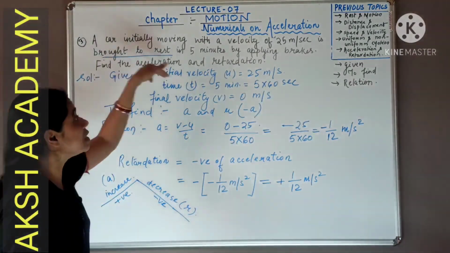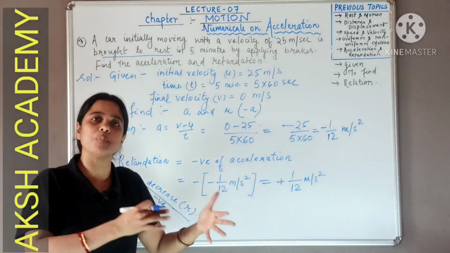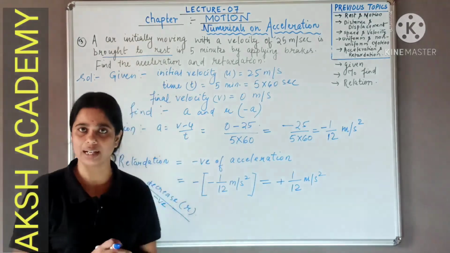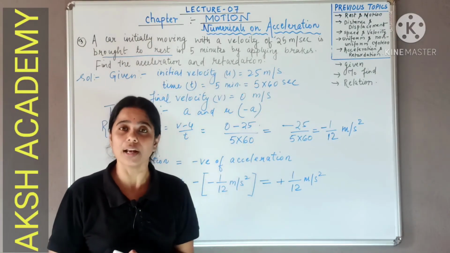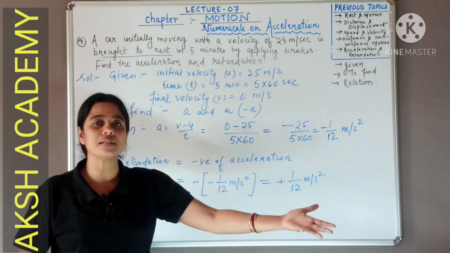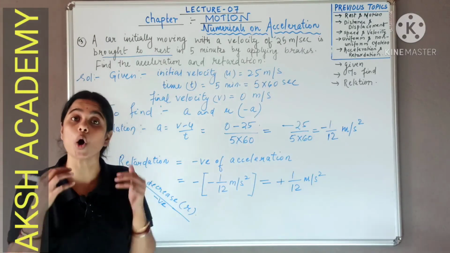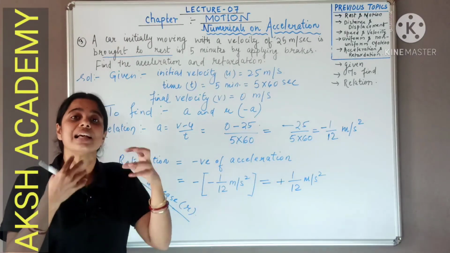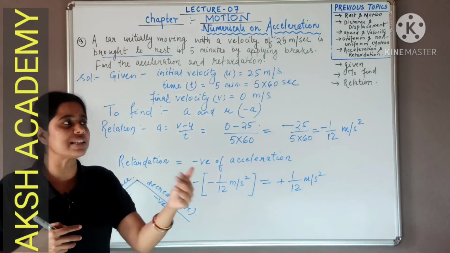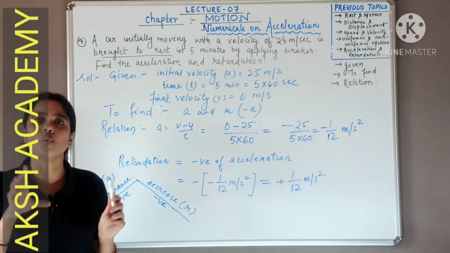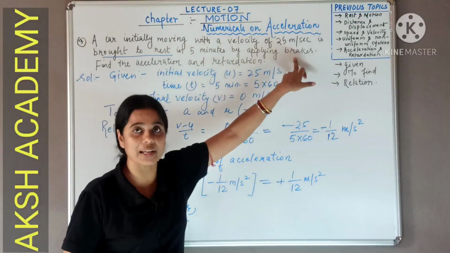Now you see in this question what happens. The car is already moving with a speed of 25 meter per second. Whatever the road may be, it is moving at 25 meter per second. Now maybe there is something due to which the car has to stop, or the car is seeing that the destination has arrived. So what will you do when you see that your destination has arrived? You will start applying your brake. In the same way the car starts applying its brake.